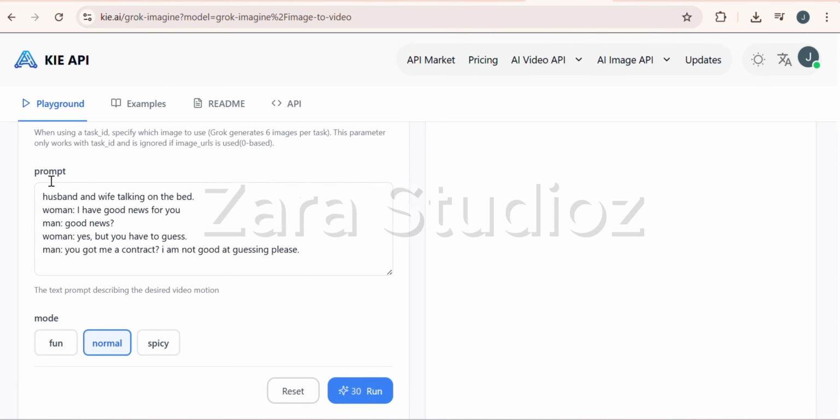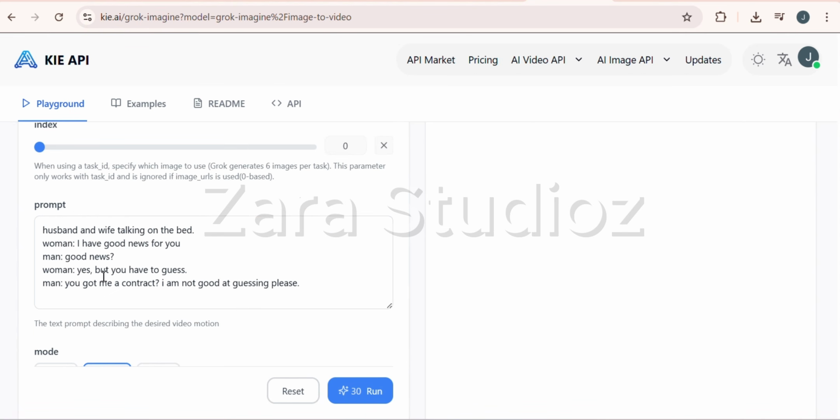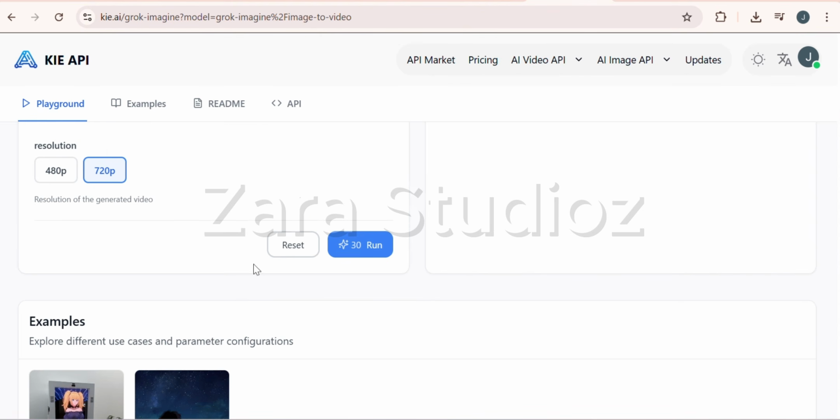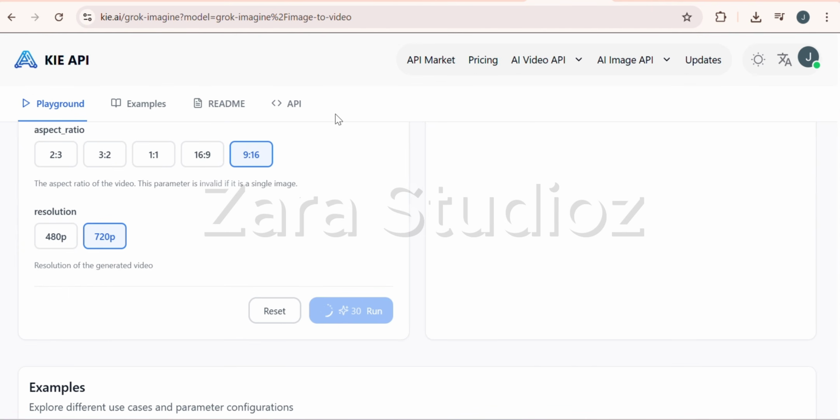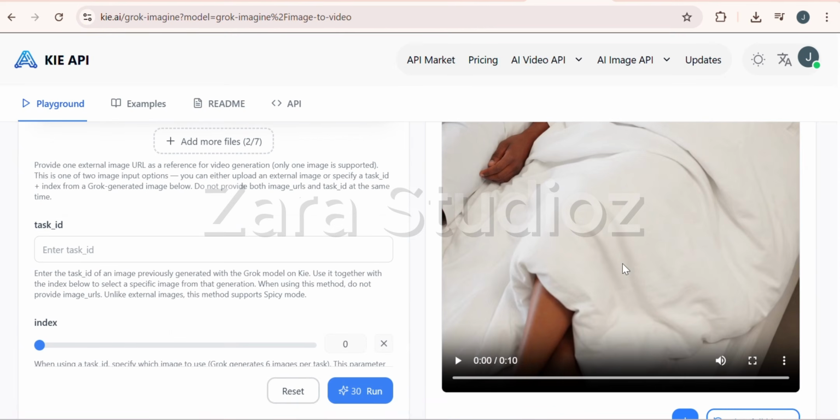So now I've inputted what I want them to say. The husband and wife are talking on the bed. So I use woman to represent the wife and man to represent the husband. So this is what I want them to say. Once all that is done and my aspect ratio is set up, I'm just going to click on run. And this is going to cost us about 30 credits. I don't know how many credits this platform actually gives, but we're just going to wait and see what happens after this. To check if your video is ready, all you have to do is scroll back to the top